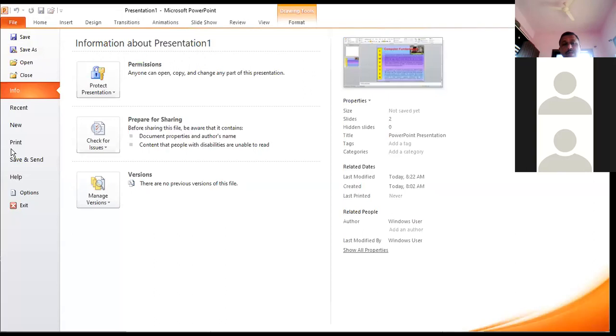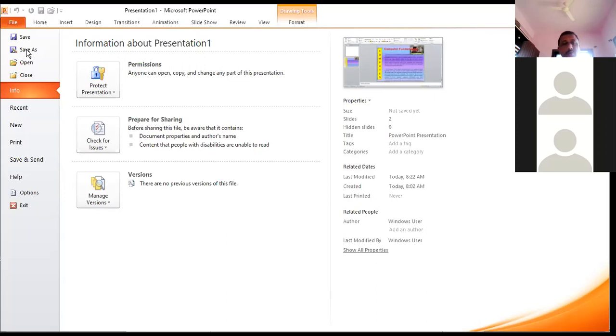So this is the way you can make changes by applying all these commands. Remember that. Now I'm going to save the file, and then it says Save. Your file preview is also given here, and the file properties are shown in the File tab. Remember that. What is the size? How many slides are there? Are hidden slides there or not? The title of the PowerPoint presentation, the tags used there, the category. All the related contents are given there. Last modified, when it was created, last printed, related people, Windows users. So all the properties will be given here in the preview.